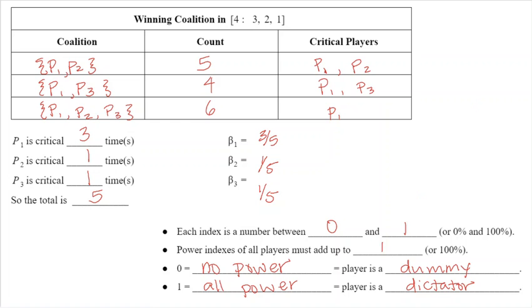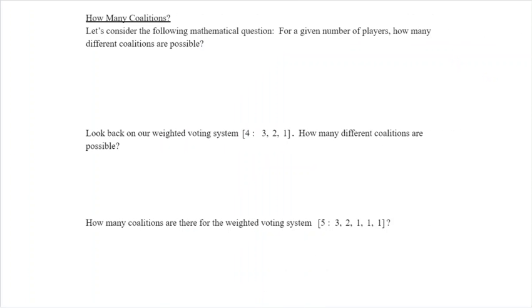All right, one more piece of information here. You might ask yourself, well, how do I know if I've gotten all of the coalitions? Well, you can figure out the total number of possible coalitions, but you do have to then go through and check and see if every coalition is a winning coalition or a losing coalition. So, for any number of players, so we'll say for n players, how many coalitions are possible? Well, the answer is 2 to the n minus 1 power.